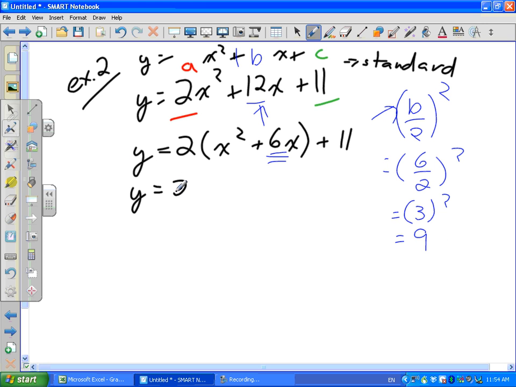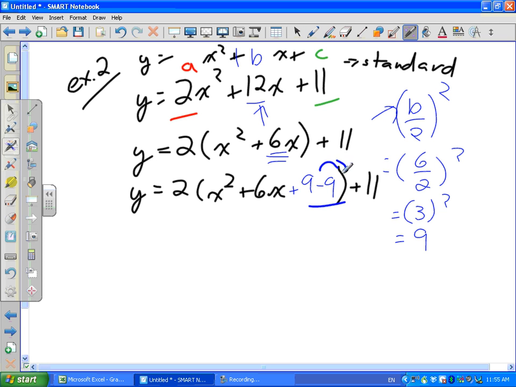So we have y is equal to, see, this is different from 1 now. And we're going to add 9 and subtract 9, which is no difference. It's like adding or subtracting 0. It changes nothing. Okay? So now I've added and subtracted 9. I'm almost at my perfect square trinomial. I just got to get rid of that negative